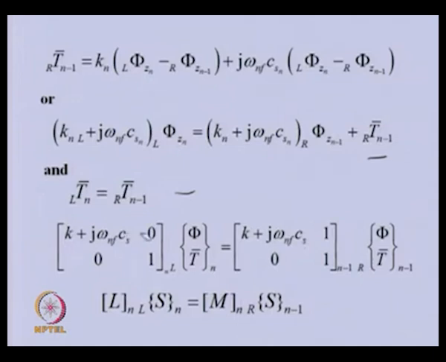So, you can see if we expand the first equation, we will get this one, and the second equation, we will get this one. This particular matrix, which is a complex matrix, I am representing as L for the nth shaft, and this is the state vector left of n. This other matrix I am calling M for the nth shaft, and this is the state vector right of n minus 1